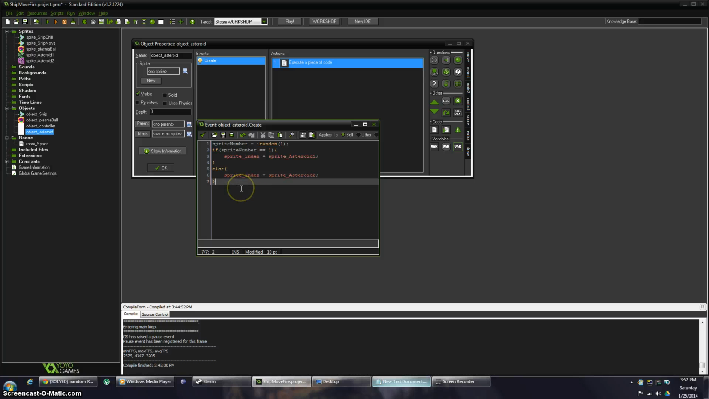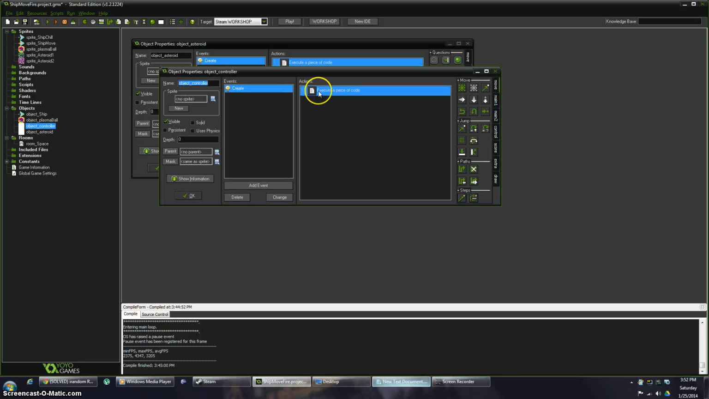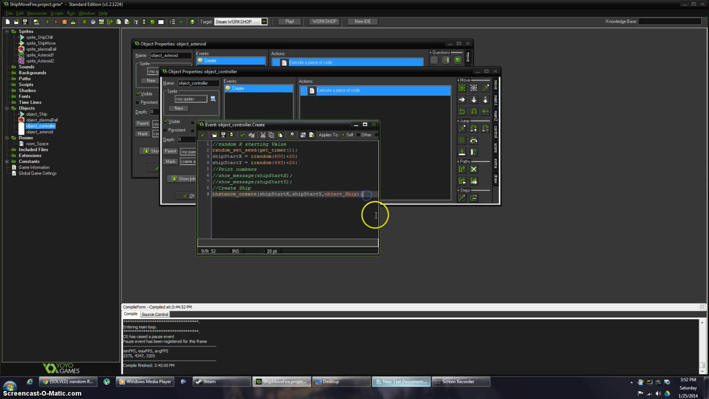So let's go ahead and put some asteroids on screen and see if this is working so far. Okay, so I'm going to come down to my controller. Now, look at this. I can just copy this right here, and just for testing purposes,